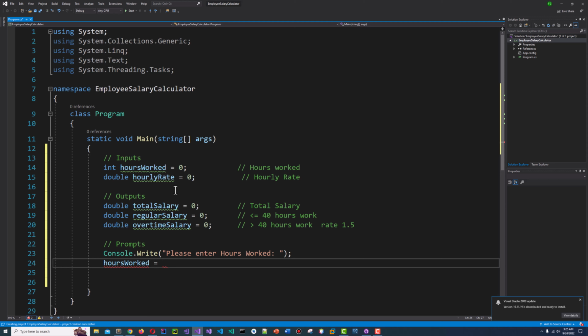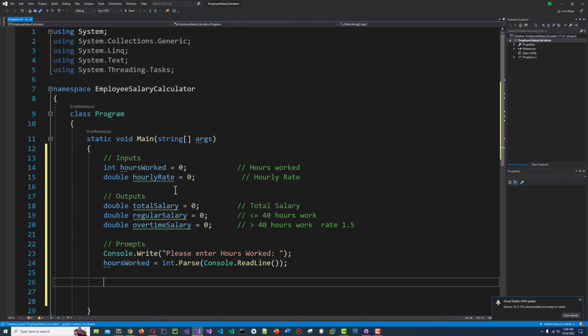Hours worked is equal to int.Parse, and you can also use TryParse so that if a non-numeric value is entered, you can trap it. And let's expect in this program the user will enter valid input. Console.ReadLine. Okay, now